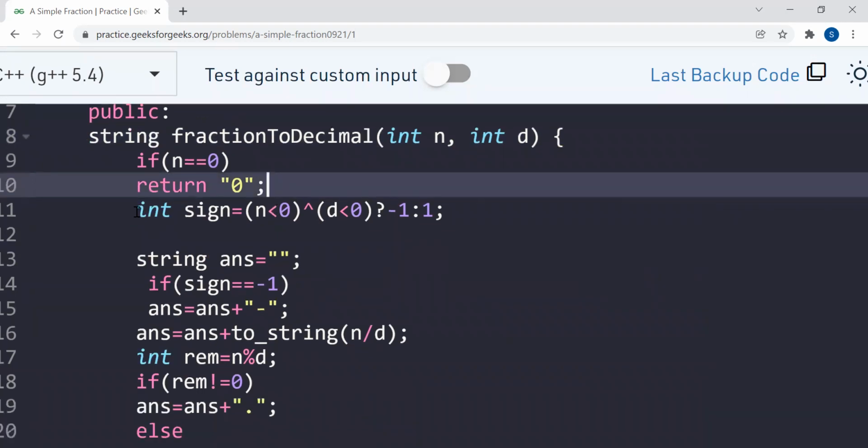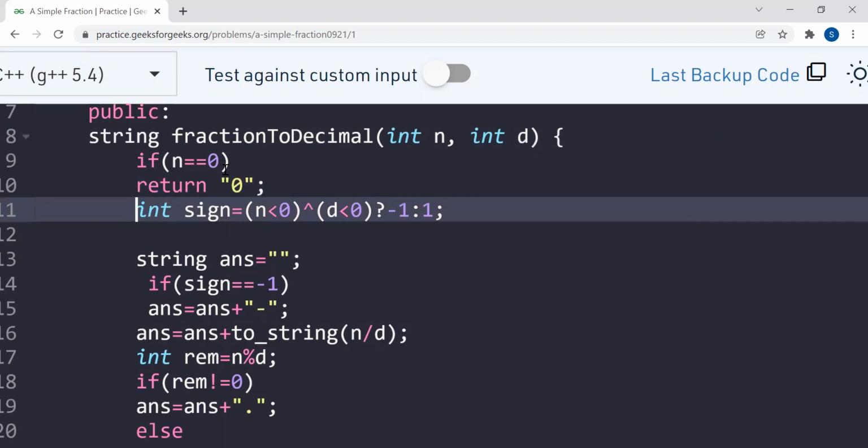And after that, if the numerator is not 0, then obviously we have to calculate that decimal number. So first we will calculate the sign of the final result, right? If our result will be negative, then -1, otherwise it will be 1, right?